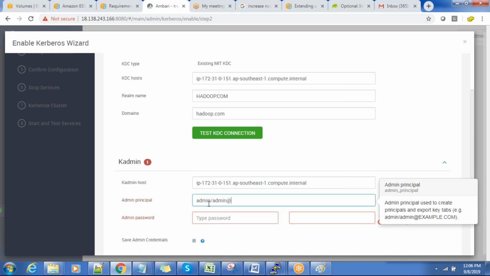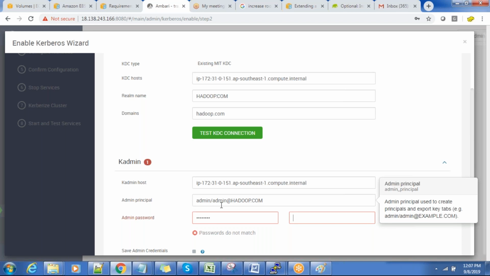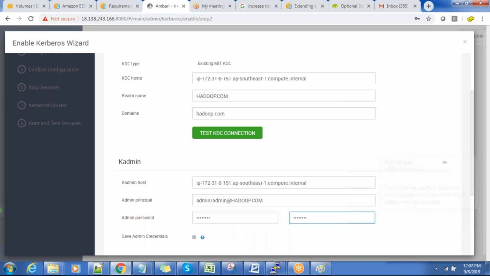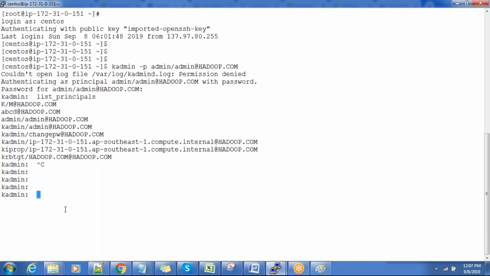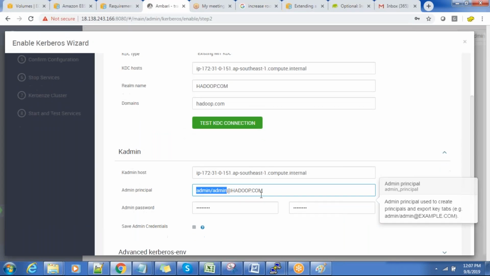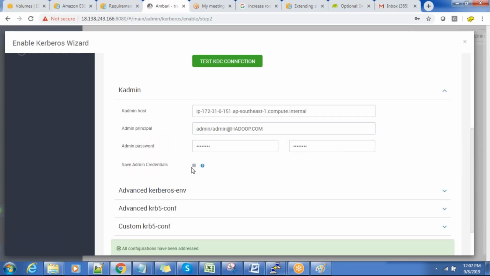The admin principal is admin/admin@hadoop.com and whatever the password is. Retype the password. The wizard is using this user, which is nothing but an admin user in MIT Kerberos, to create some principals for all these things. You have an option to save this credential so that